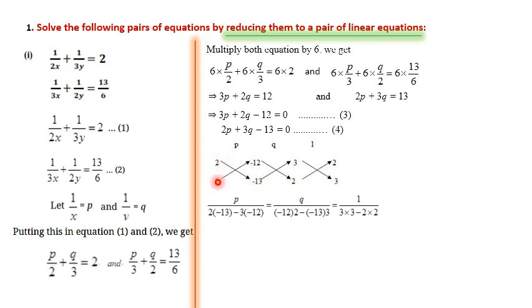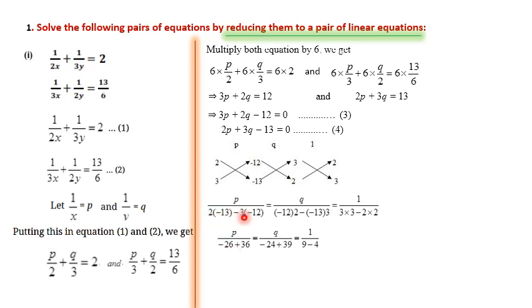minus 13 minus 3 into minus 12. It is written here equal to q divided by cross minus 12 into 2, here it is, minus 13 into 3, here it is, equal to 1 divided by cross multiply 3 into 3, it is here, minus 2 into 2, it is here. Now we have to go for simplification, that is p divided by minus 13 into 2,